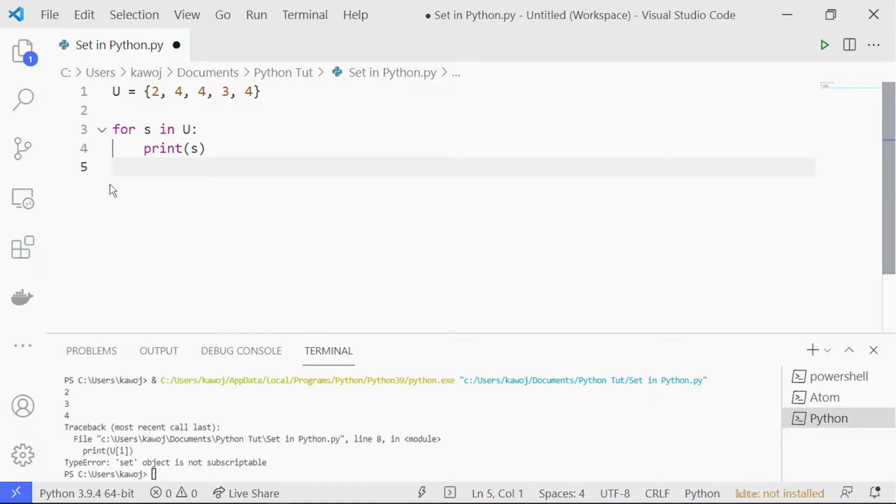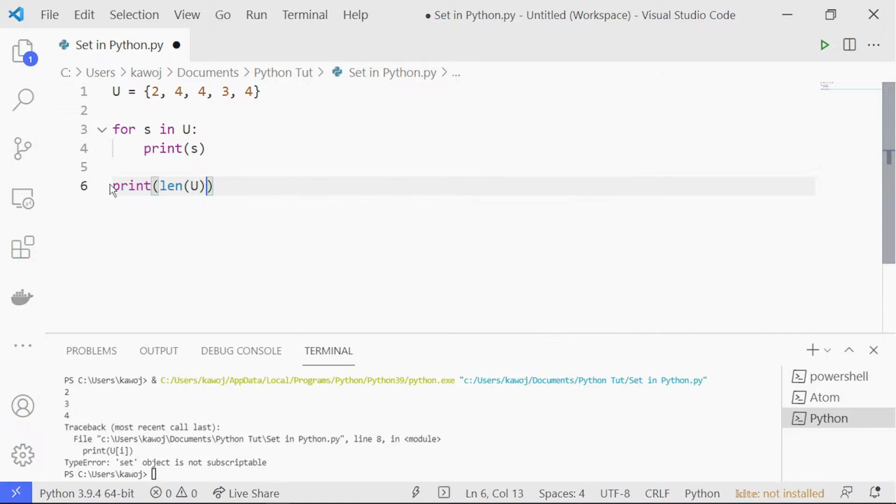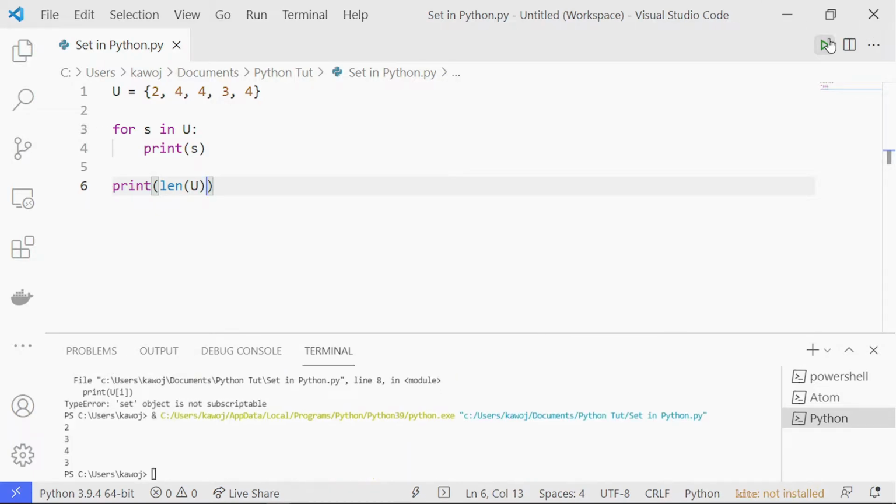To get the total length of U, we print the length of U, and that is just it. You're going to get 3. This is the output here. It is 3 because the set has filtered out the duplicate elements, since it doesn't accept duplicate values, and that is just it for that. Now let's continue with sets